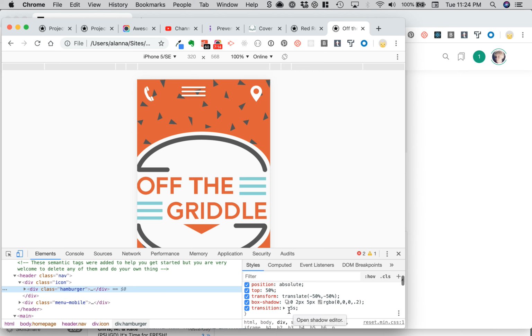How is that 50% from the... I don't know if you can do percentages on top, because percentage, like percent of what? You could do viewport height. And then,